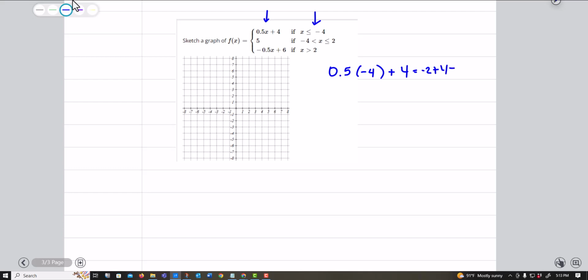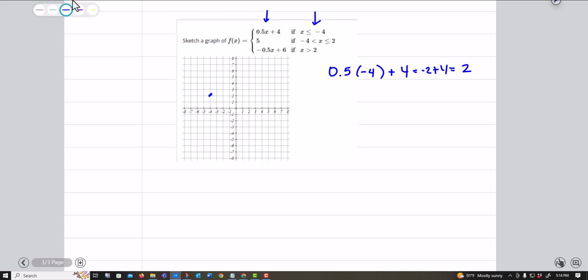plus that 4. And so what that says is when x is -4, the y value is, my brother's calling me now. The y value is, I'm trying to turn my phone off. The y value is 2. Well, I know it has to be less than or equal to 4, so it has to be anything this